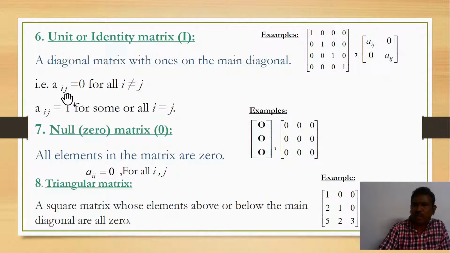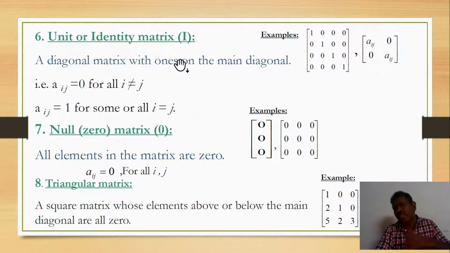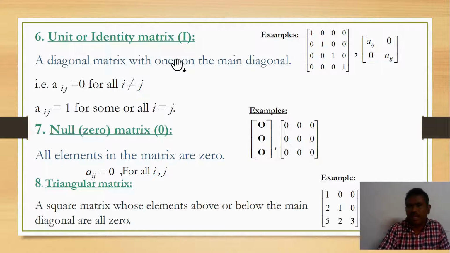So by the same mathematical notation we can write Aij equal to 0 for all i not equal to j. So see, students, a diagonal matrix with ones means the principal diagonal elements consist of, otherwise say, the elements of the principal diagonal are all equal to 1. All are equal to unity. So that is why it is known as the unity or identity matrix. So Aij equal to 1 for all i equal to j. So here 1, 1, 2, 2, 3, 3, 4, 4, we have only 1.